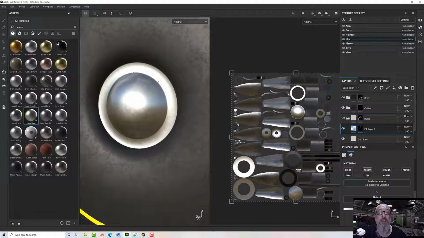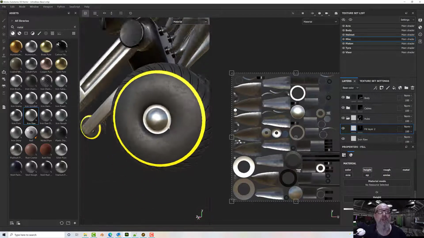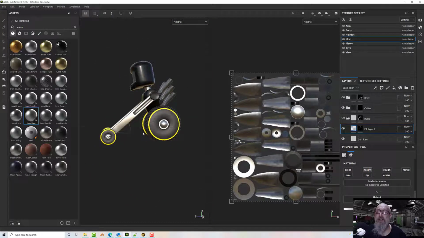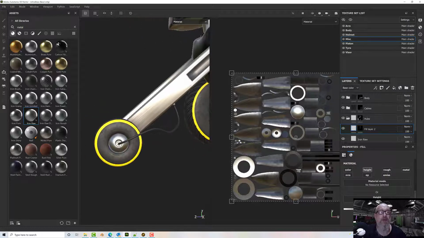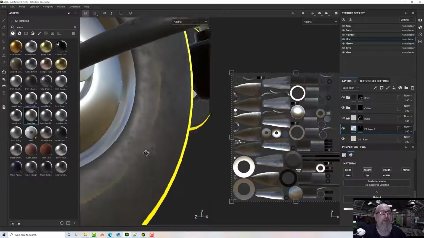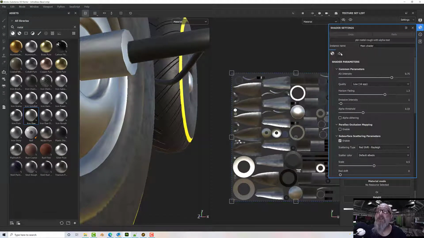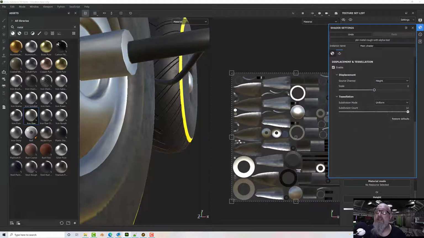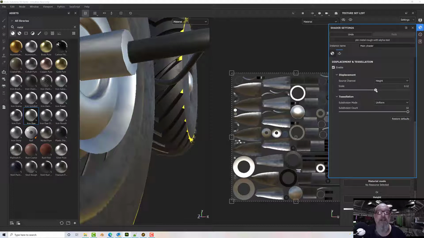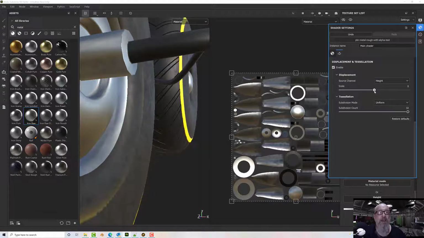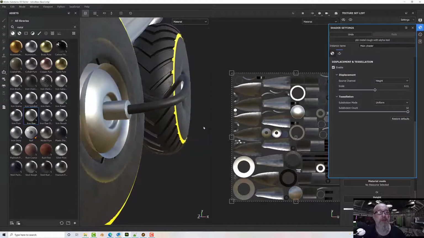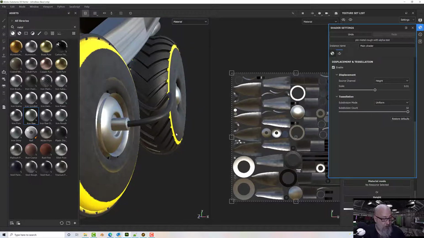And when we go back to our material now, I can select the material and I can increase the height. It's not really showing up currently. I'm not entirely sure what's going on with that. Probably because I haven't set it in the shader. So let's increase our tessellation and up our scale. And yeah, you see it's kind of detaching, which is a little bit annoying. Well, it's a lot annoying